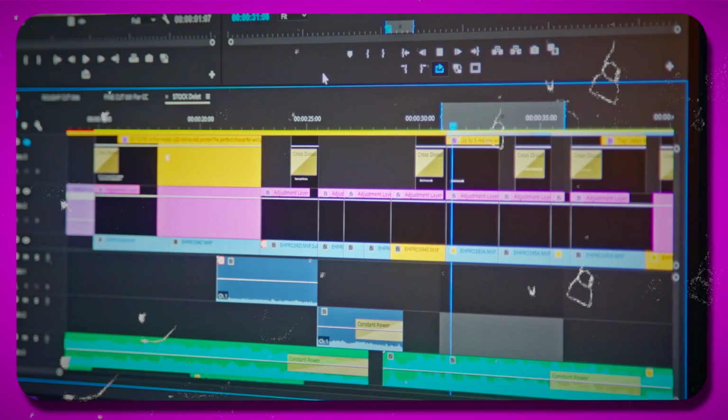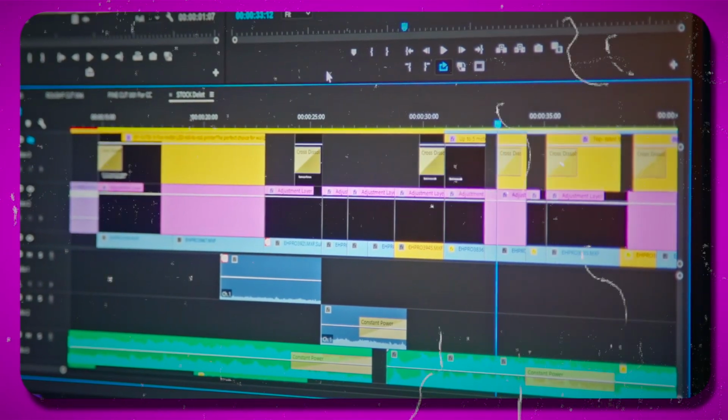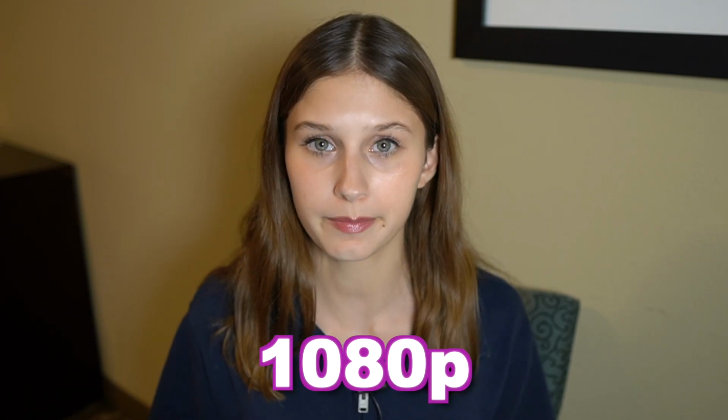Anyways, once you have this video all edited, you've added final touches, you've trimmed down audio files and compiled different stock footage videos, or maybe you animated a video, you're going to want to make sure to export this video and save it to whatever device is going to be uploading this video to YouTube. You're going to want to make sure to export this video in 1080p as a minimum, and this is going to be the quality in which the video is in. And MP4 is a good format to export the video in. Now we have a video all ready and made to be uploaded to YouTube.